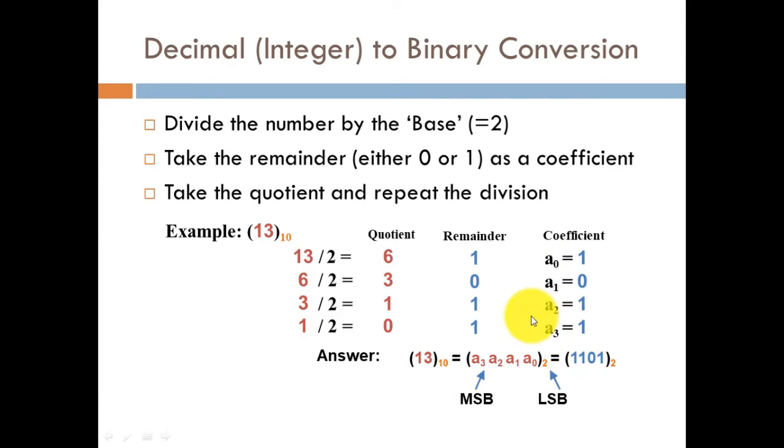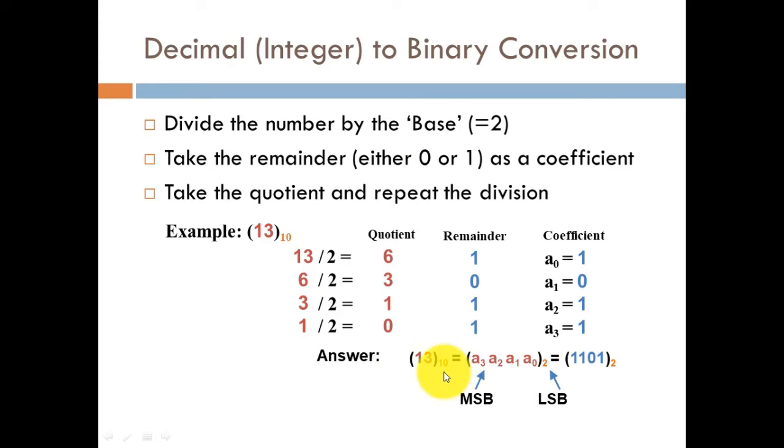How do we have to write these coefficients? These coefficients signify the binary digits, but we need to keep in mind how to write them so that they can equally represent the binary number system. So the order is important. Please keep in mind that we need to reverse this order, that is, a3 will be the MSB and a0 will be the LSB. So the order should be a3, a2, a1, a0 to the base 2.